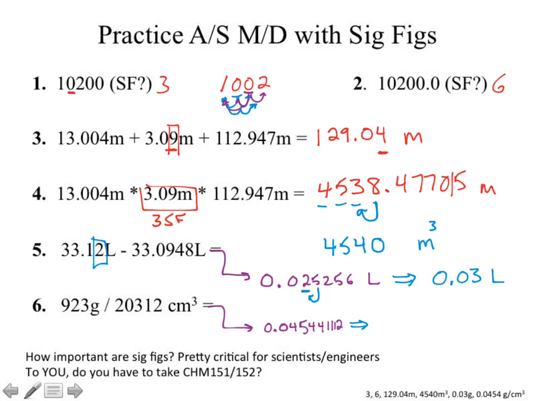Sig figs in multiplication and division means we go with the smallest number of sig figs. So our answer needs to be reported to 3 significant digits. We've got 4, 5, and 4. Why do we not count those leading zeros? They're not preceded by a significant digit. So our answer is reported as 0.045